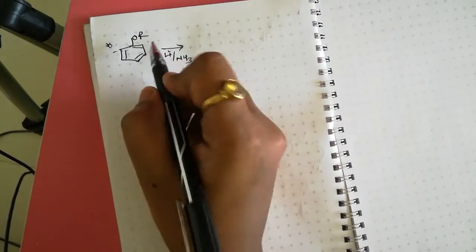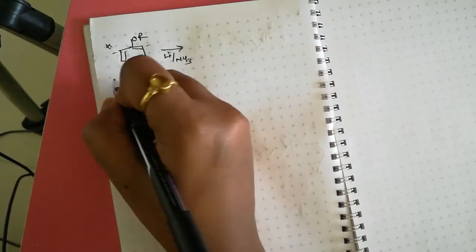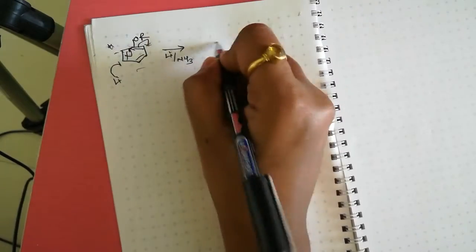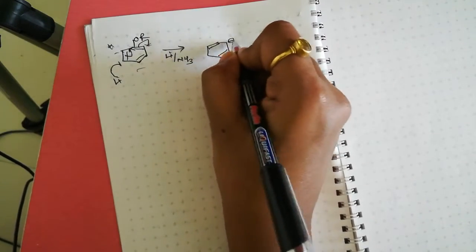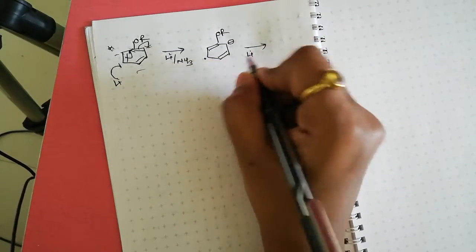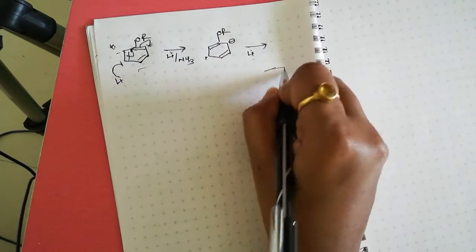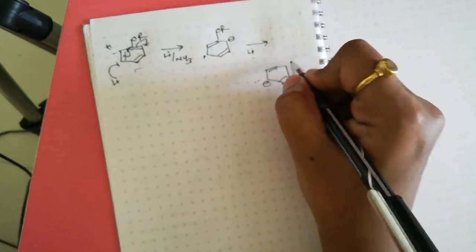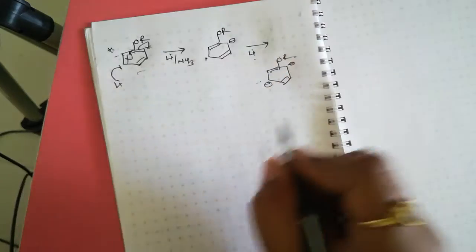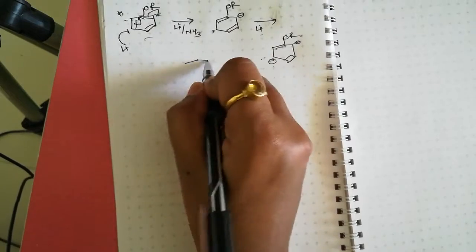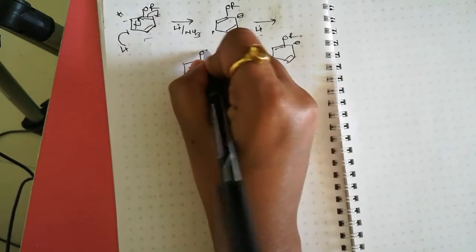As we know, after drawing the resonance structure, if there is an electron donating group, then the ortho and para positions get negative charge. Therefore, lithium transfers its electron to the meta position. This bond transfers here, here a negative charge is formed and we get here a negative charge. Here is the radical, here OR. Then lithium again transfers its electron to this radical and here a negative charge is formed, because 2 electrons mean 1 negative charge. Then ammonia transfers its proton to these 2 negative charges and we get this product.